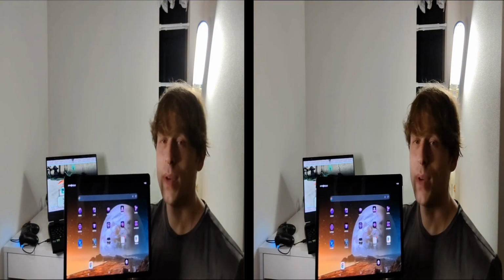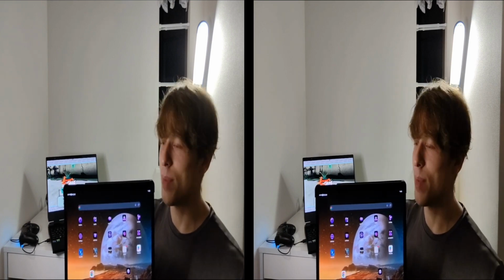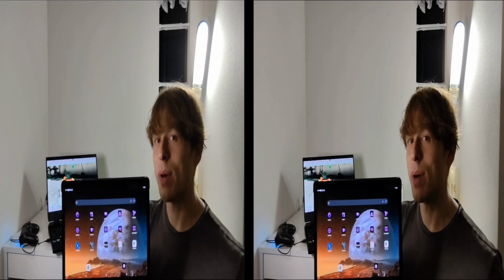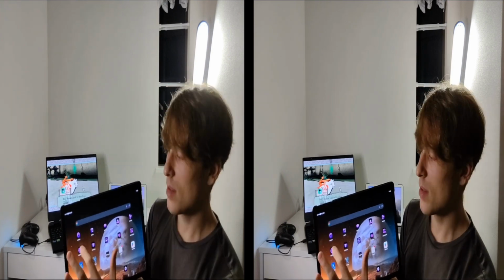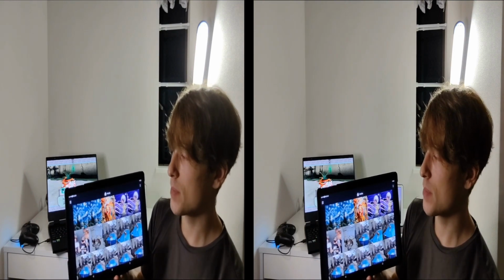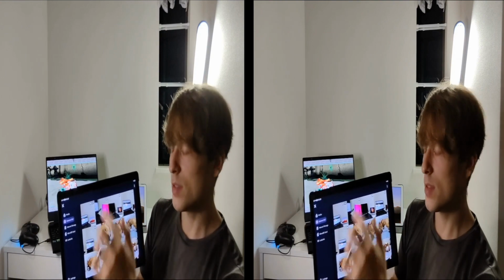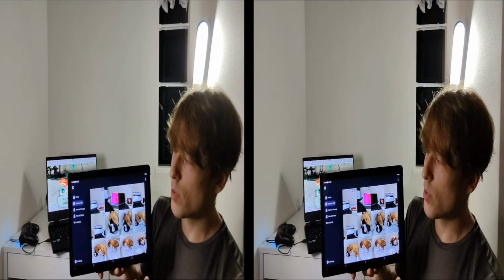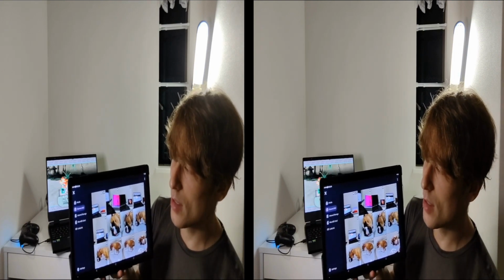The next update is for the media player. I would argue that it's equally revolutionary for a 3D tablet like this because it brings some features that were highly demanded, requested by a lot of people, and make so much sense to have in a 3D tablet. If we open up Leia Player and go to the camera roll, you can see the videos that I just took in 3D. So this all seems kind of the same as usual, but what's different, if you look to the left, you might notice that there's a new option here.